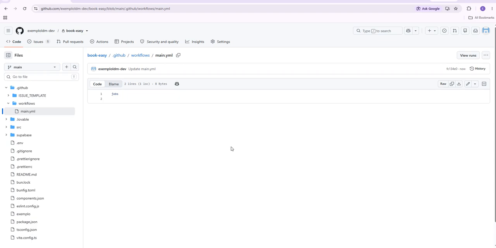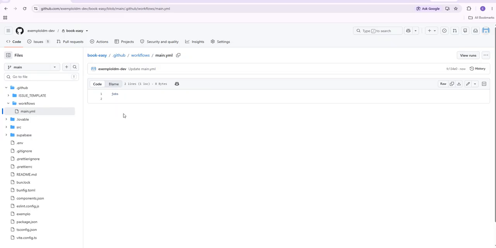In this video, I'll show you how to revert a commit on GitHub. First, open your web browser, go to GitHub, and sign into your account. Then open the repository that contains the commit you want to revert. Next, click the link that shows the number of commits above the list of files to open your repository's commit